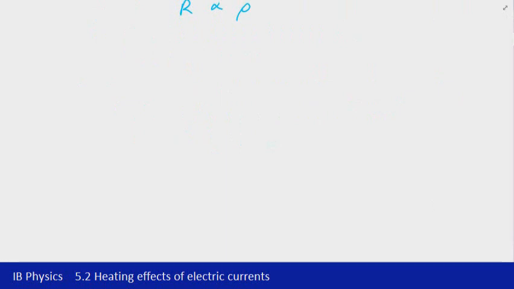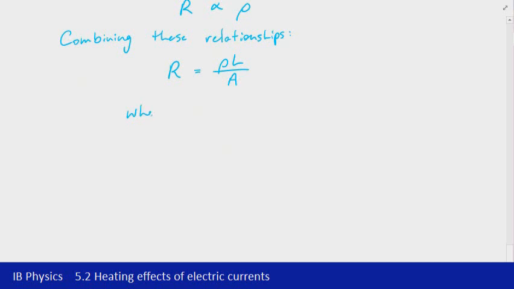Now, if we combine those relationships, we can calculate what the resistance is going to be. And it's literally just a matter of taking all of those three relationships and joining them together. We have the equation then that R is equal to rho L on A. And in that equation, R is the resistance in ohms. L is the length of the resistor in meters. A is the cross-sectional area,